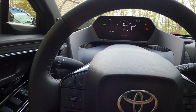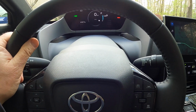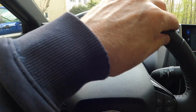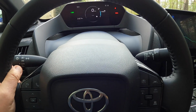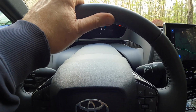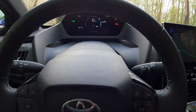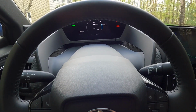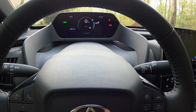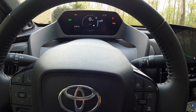You know, I have this theory. I don't know if I talk about this later or not, but I have this theory. If you first saw the prototypes of this car when Toyota announced it, the steering wheel basically ended about here, and this part was not here. It's more of a yoke, like on a 757, and I think that's why I initially had problems with getting the steering wheel oriented correctly so I could easily see the instruments. I think this was initially, and Tesla's done this with, I believe it's called the Plaid version of one of their cars, and it's an incredible failure. It's a totally stupid way to do it on a car. I think Toyota figured that out, but